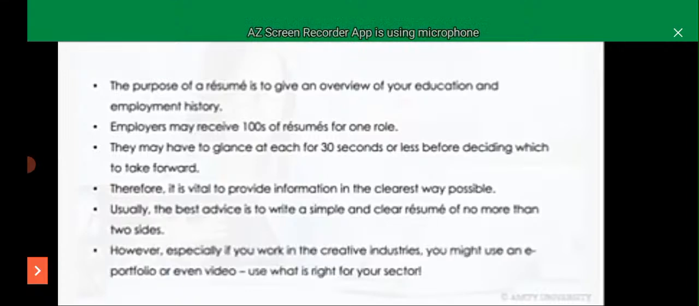However, I did say usually, if you work in creative industries, there are other kinds of CV available, which I'm not really going to talk about today, but there's e-portfolios and interactive and videos and using various kinds of website and blog. My advice for those is, if you work in a sector that is about graphic design or coding or video production,